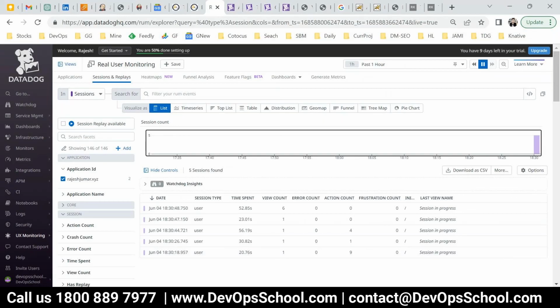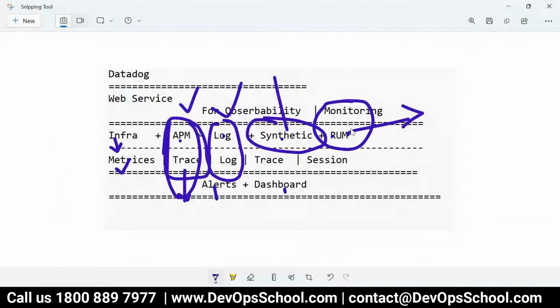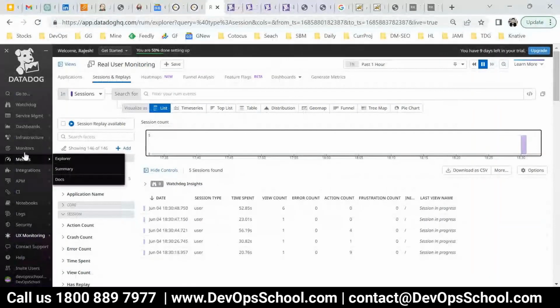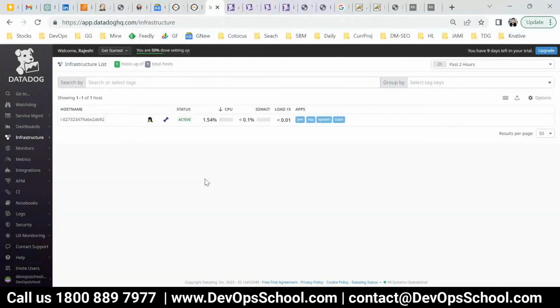Okay, so now you saw that I enabled the RUM also. All this is fundamental monitoring for observability. Remember, if someone asks you, how do I implement observability? You say, no matter what tool you're using, in this case Datadog, you have to enable infrastructure monitoring, APM monitoring, log monitoring, synthetic monitoring, RUM monitoring, and then all this you get in one place. And if any error is coming, you can